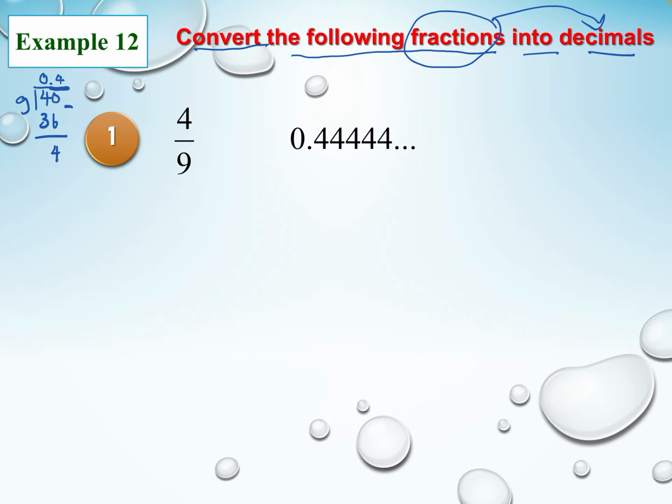Then again 4 cannot be divided by 9, you add another 0 and do the same. Then you take 4 times 9, 36, 40 minus 36 is 4. You continue like this, right? So what you will get